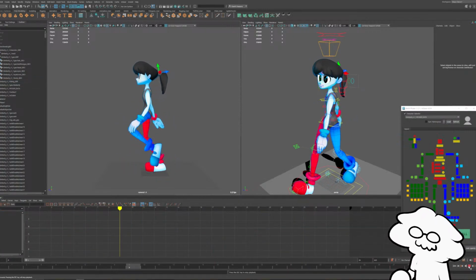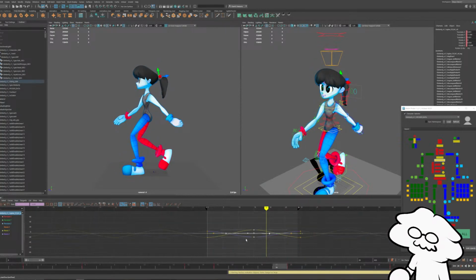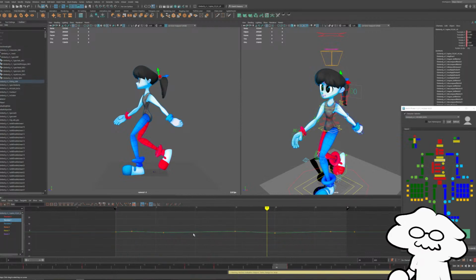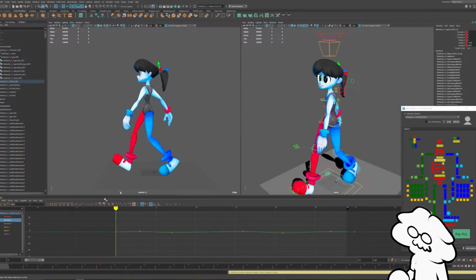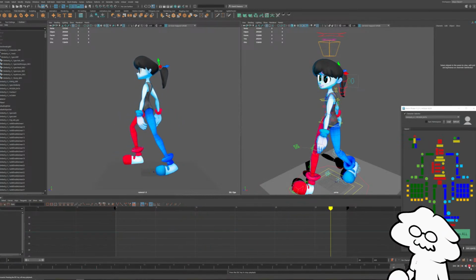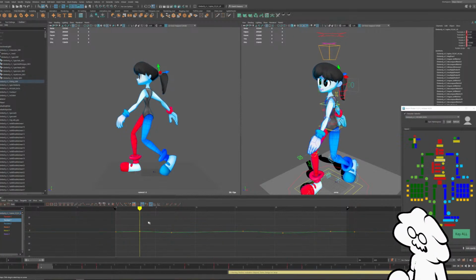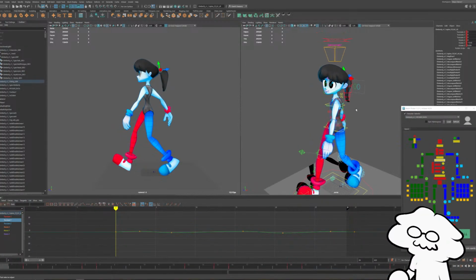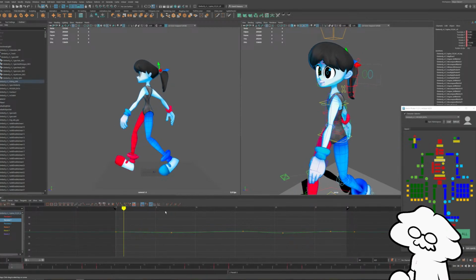So does that look about right? No, I don't quite like that. I think I want to adjust this a bit. No, I think that looks a little too stiff for me. Let's remove those keys that we made earlier.